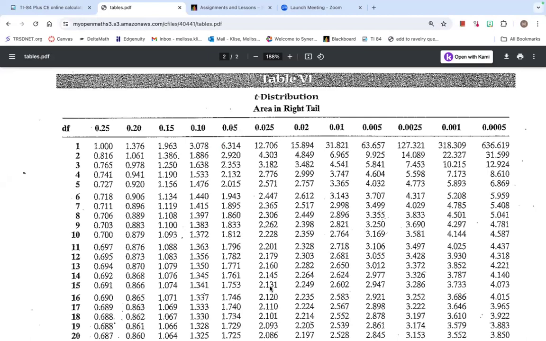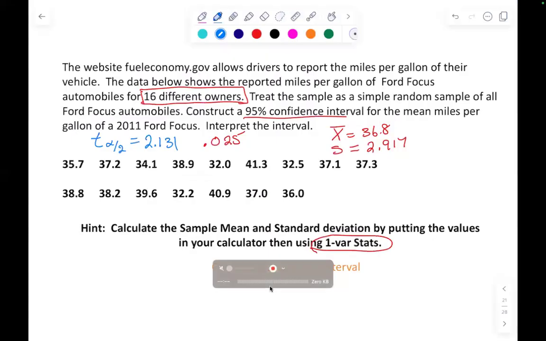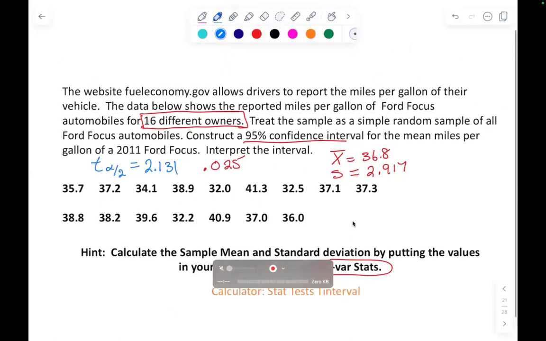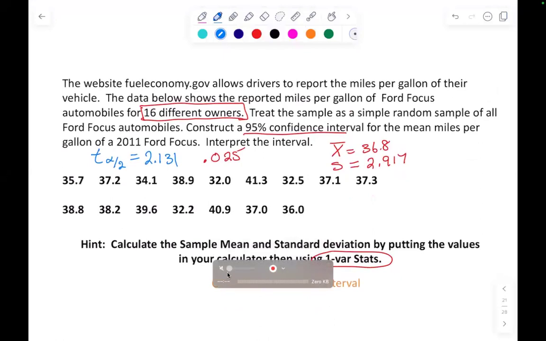All right. So I'm not going to hand calculate this one because I just did one for you. I'm going to show you what to do with the calculator. I didn't technically need to find these independently. I just wanted to remind you how to do it. So these will be found with the calculator. So I'm going to go back over to the calculator. We are going to use